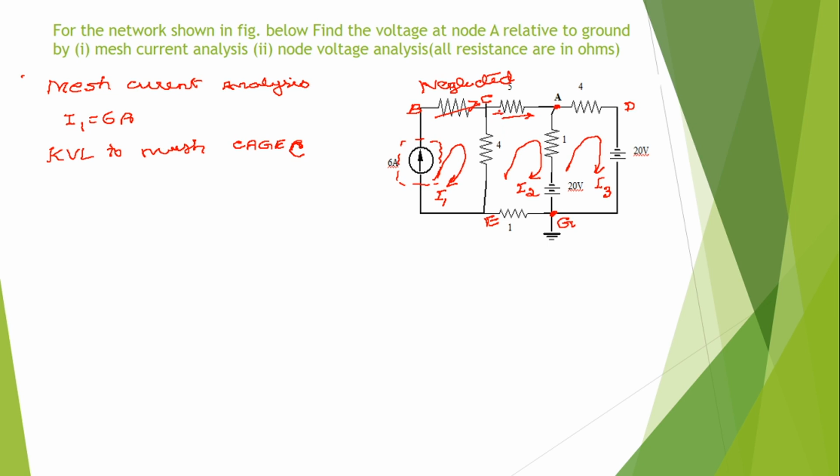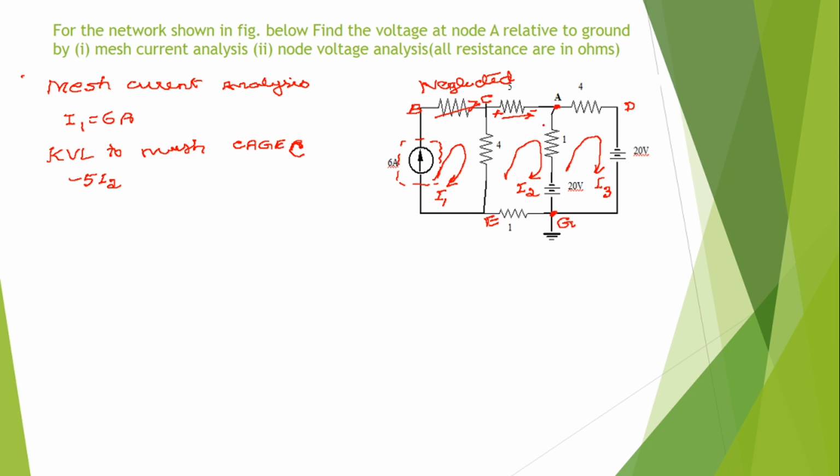That means this is at higher potential and this acts as lower potential. So in the C to A tracing, the voltage falls, so the sign is minus. What is the value of the voltage? I into R. I is I2 and R is 5, so it is 5I2. This is the voltage drop, and it is minus 5I2 because the voltage falls from C to A.